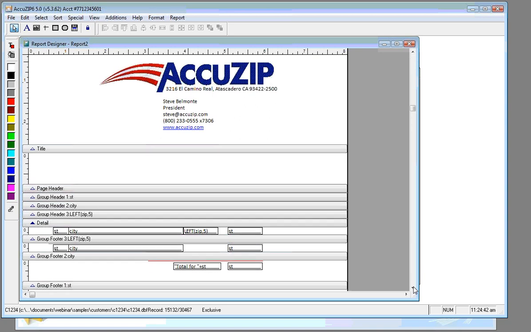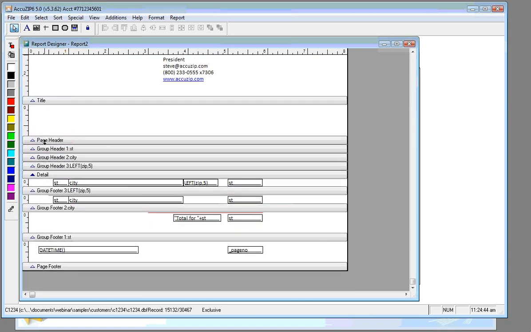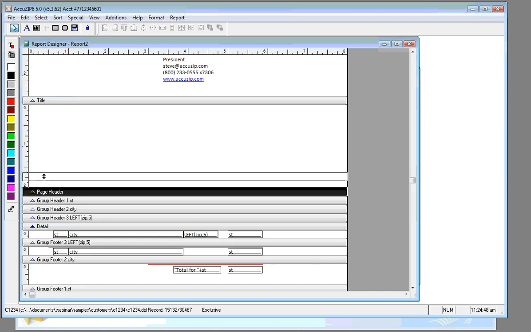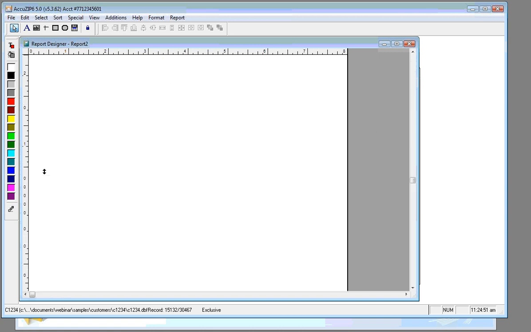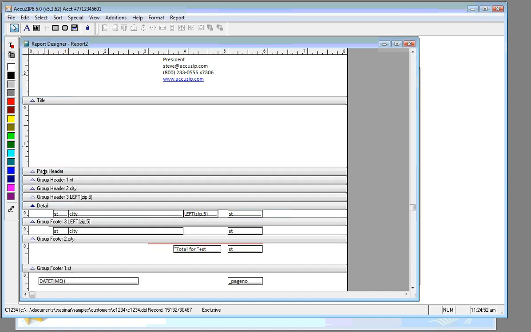So what I'm going to do, and this will be the last thing I show you, is make the page header band slightly bigger. We're going to go maybe to 1.5 inches. And in here, I'm going to give the report a title. So I'm going to click the A tool, click my mouse where I want to begin typing, and then type "count on state, city, zip,